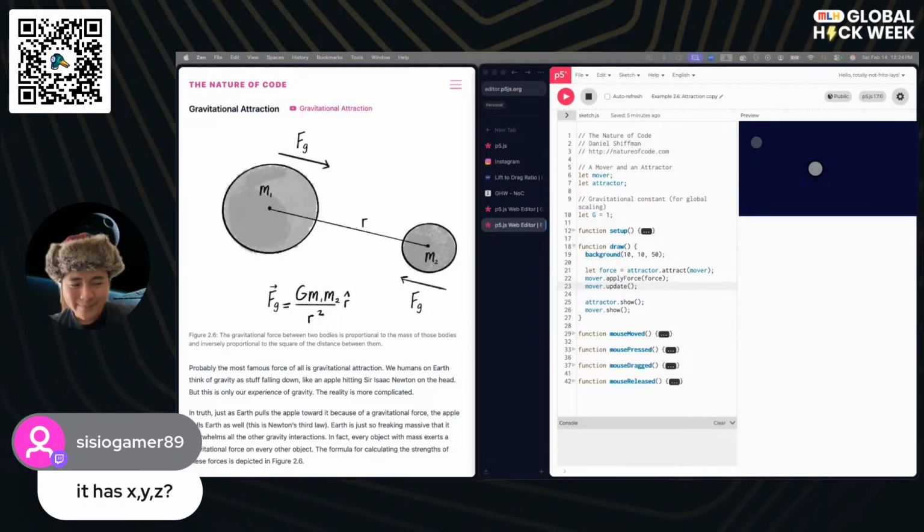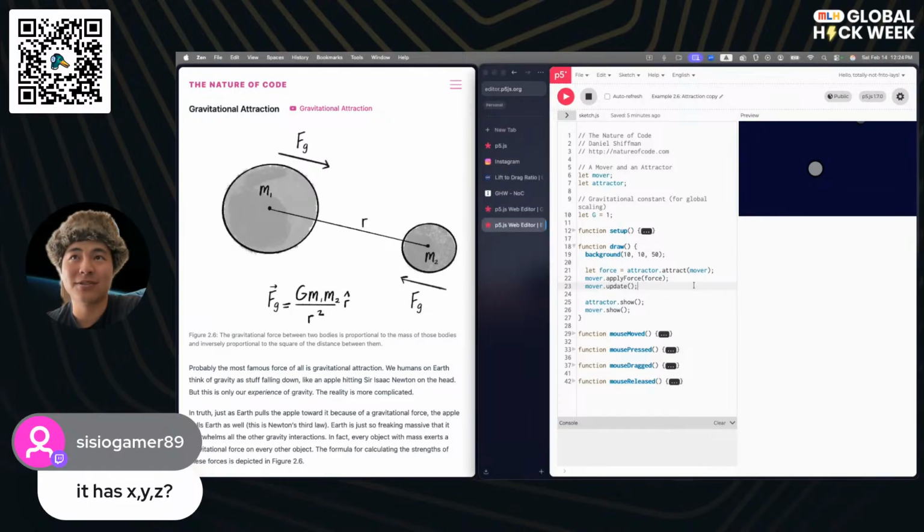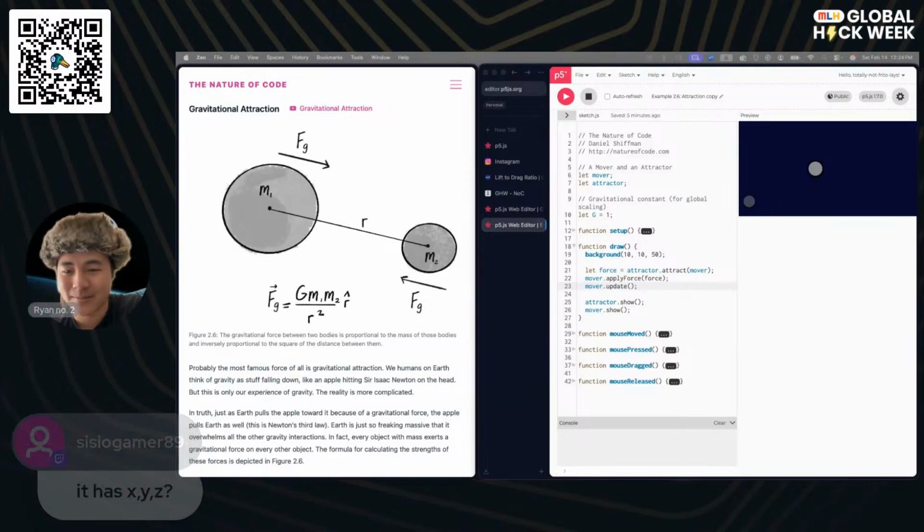Usually adding in the third dimension complicates the math in a way that is kind of spicy and a bit too spicy for what we're trying to focus on, which is just using physics in general in our animations. So we're not going to be looking at the Z component, but that is a good call out. Thank you for correcting me there.